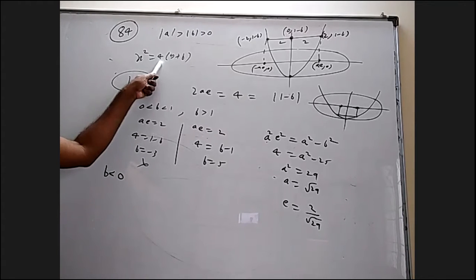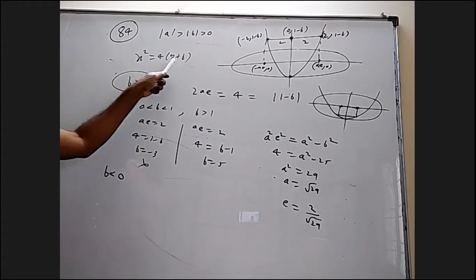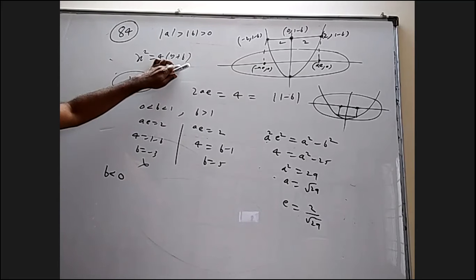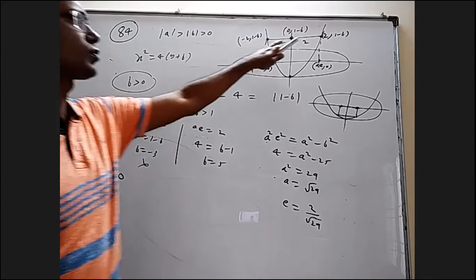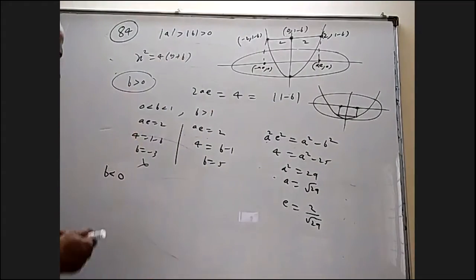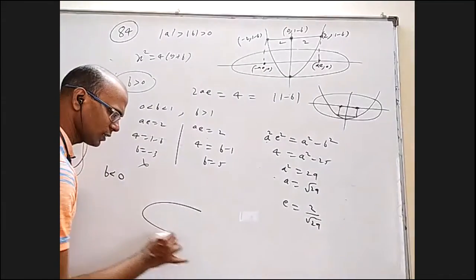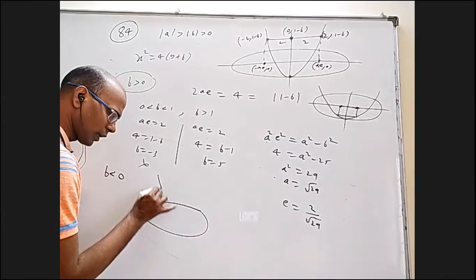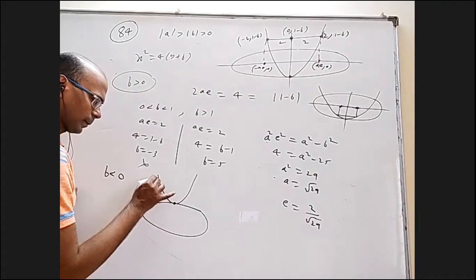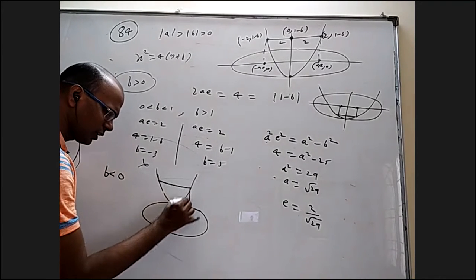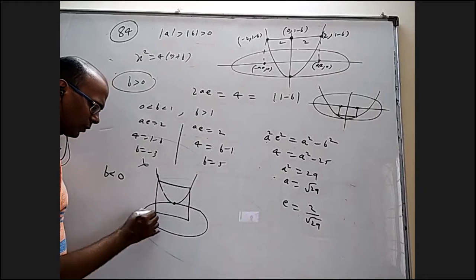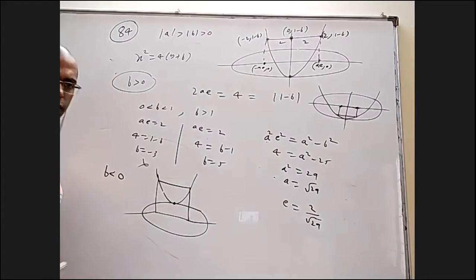This is still an upward parabola because of the positive sign. But the vertex is 0 comma minus B, and B being negative means minus B is positive. So the vertex would have been here, and it would have been an upward parabola starting from there. So the ellipse is like this, your parabola is like this. And it has a latus rectum somewhere here, and now it's quite possible that this is a square.